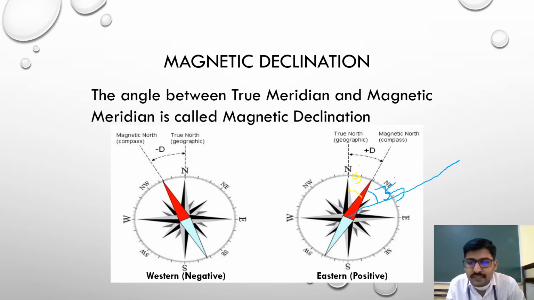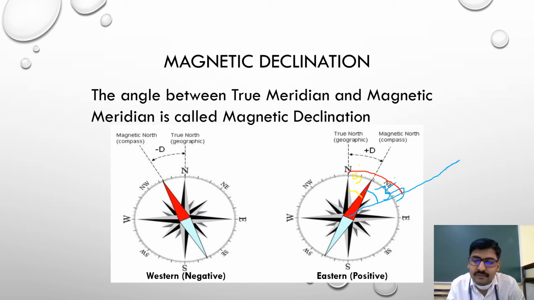True north, you can see, is vertical here and the line AB is somewhere here. If I want the true bearing, what angle is required? This complete angle, which I am showing as the red colored one, is the true bearing of that line. So how much is this angle? Definitely it is 35 plus 5. So the magnetic bearing of the line plus declination is the true bearing. True bearing is equal to magnetic bearing plus declination.